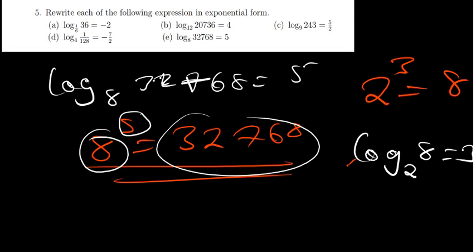Now this is what question 6 here is saying, rewrite each of the following expressions in logarithmic form. So now what we have to know here is the first example which I've just given you: if we have 2 to the power 3 is equal to 8 and I want to write this into log, this is always the base. So this is going to be log base 2 of 8 is equal to 3. Because if I want to come out from this to exponential, it is 2 raised to the power 3